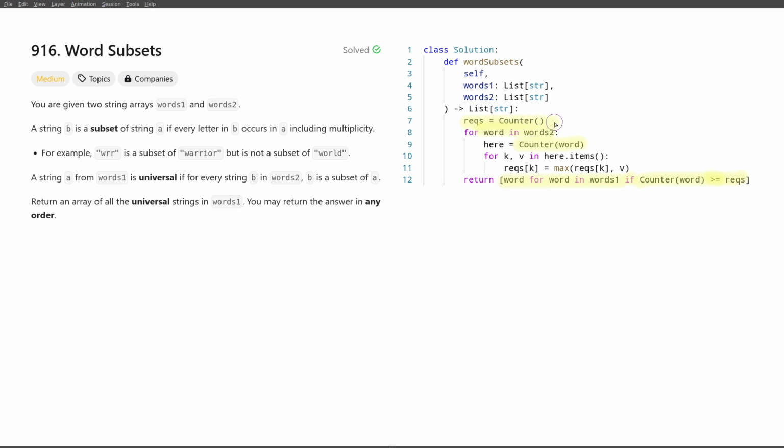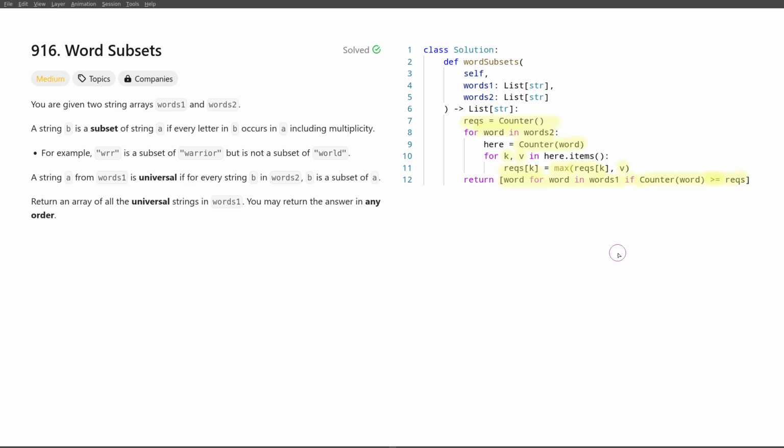And we'll also maintain a global counter, and that counter will just maintain the maximum of the count of the given letter in all the words from words 2. So for every character and its value, the global requirement for that character is the maximum of the previous global requirement and the requirement for the given word. And the reason why this works is that for a given word in words 2, every letter has to appear at most the number of times that we have in this counter of the word from words 1, which means that we are just checking for every letter that the appropriate value is less than or equal,